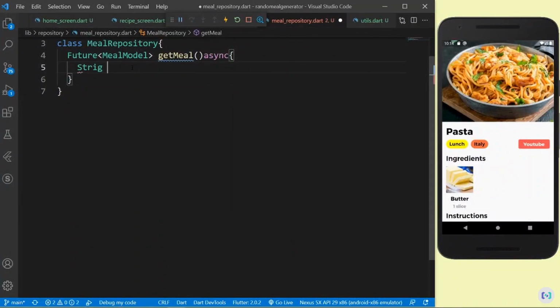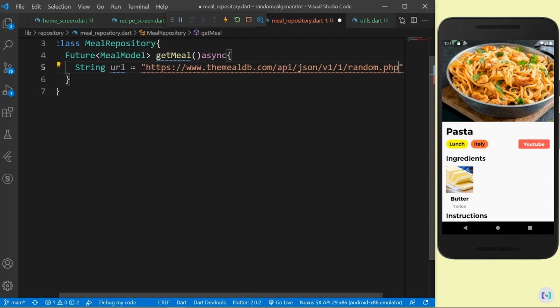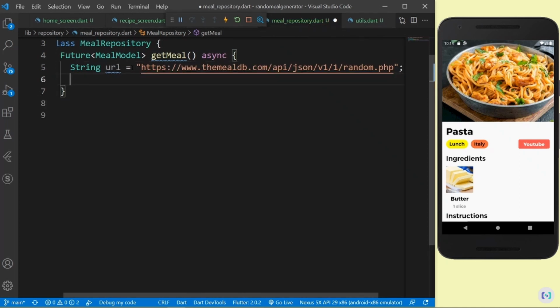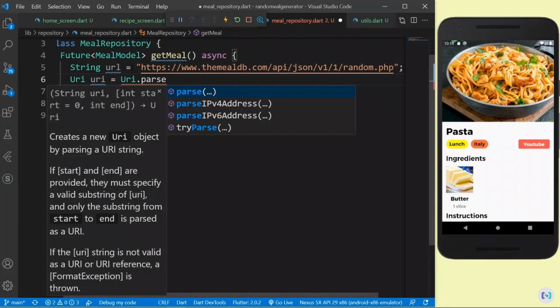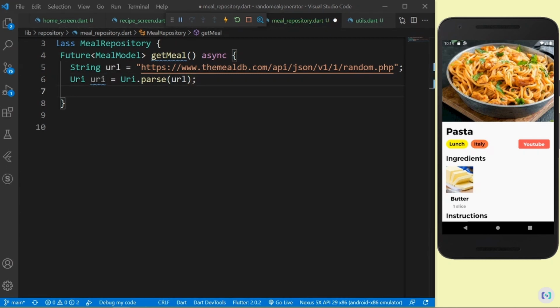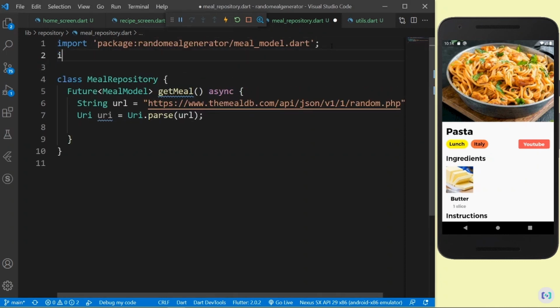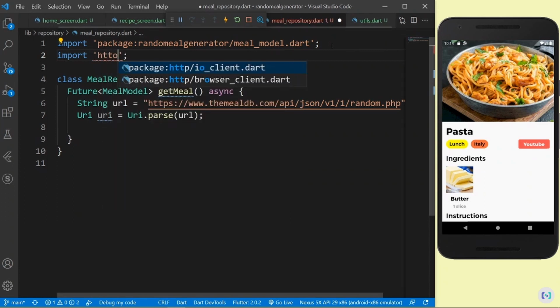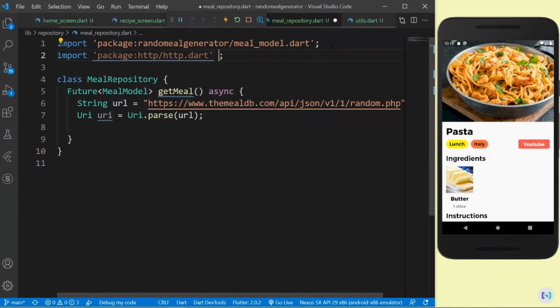I'm going to create a string URL, and let's also make a URI of it, because to make a GET request we have to provide a URI. So URI is Uri.parse, and it's just this URL. We're going to parse the URL into a URI. Let's make a request to the data. We have to make a GET request because we're going to get the data. Let's import the HTTP package. Here import http dot as http,